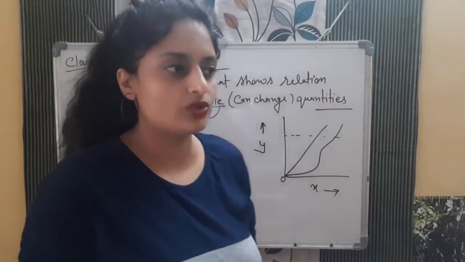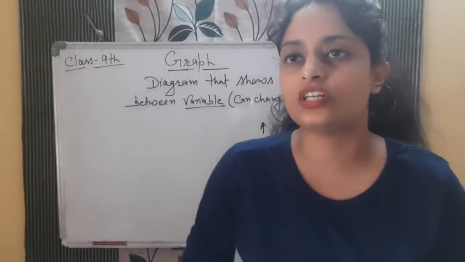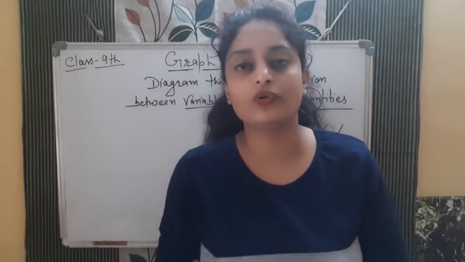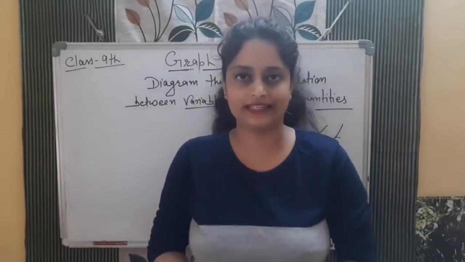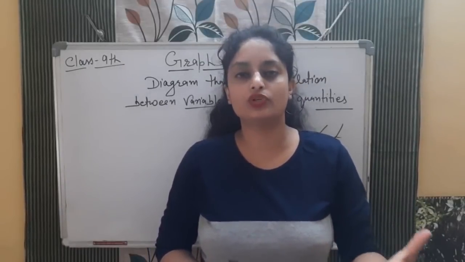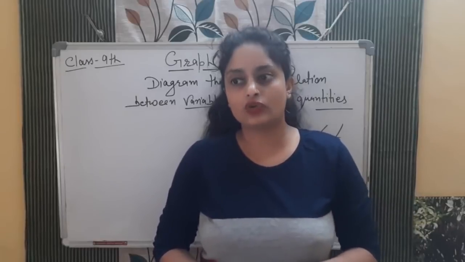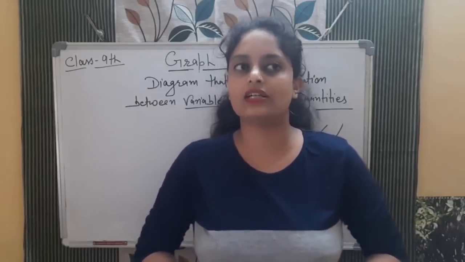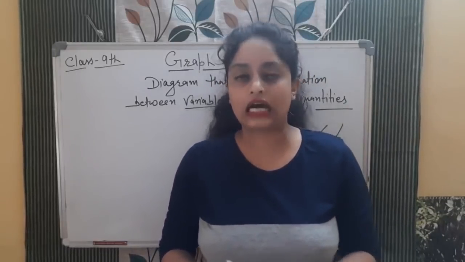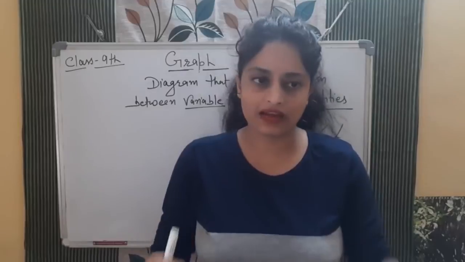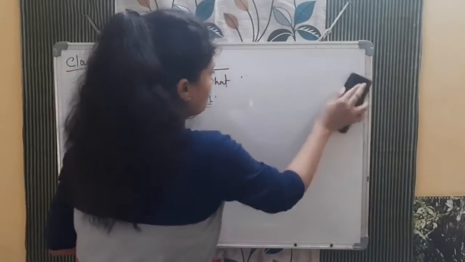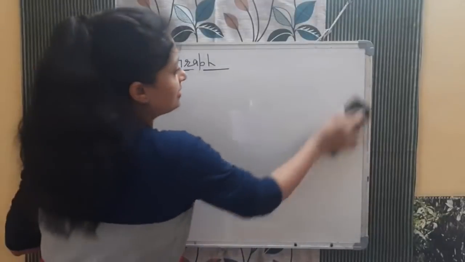So the first thing that you should understand: a graph is the pictorial, or we can say diagrammatic, representation of numerical values of different physical quantities. In our chapter, because we are studying the motion of any object in a straight line, we studied distance, displacement, speed, velocity. So the graphs here are distance-time and velocity-time. Two important graphs, questions come from here. So firstly, I am telling about the distance-time graph.